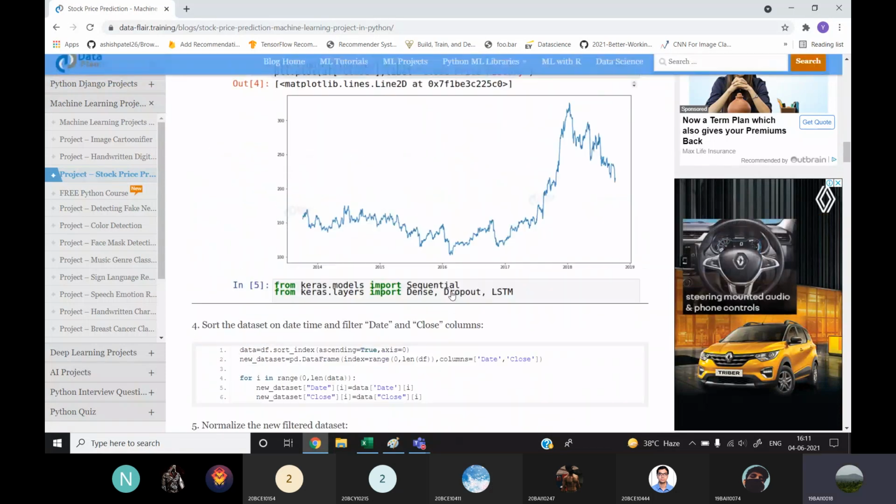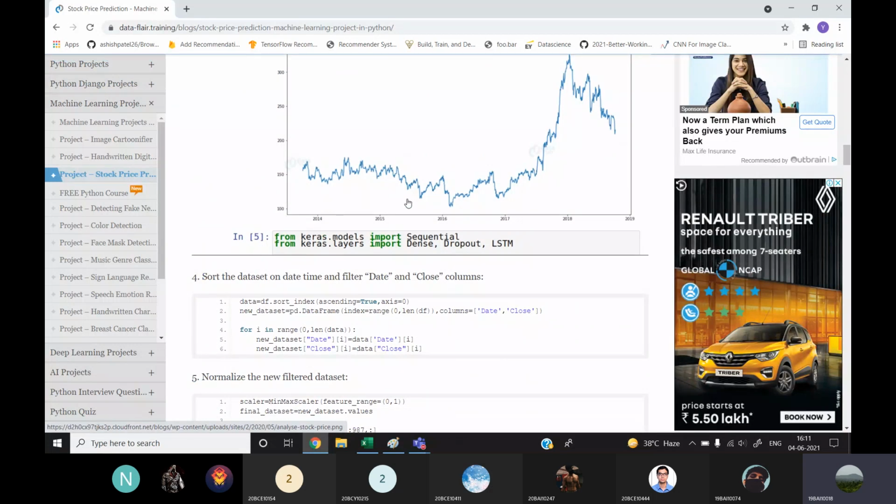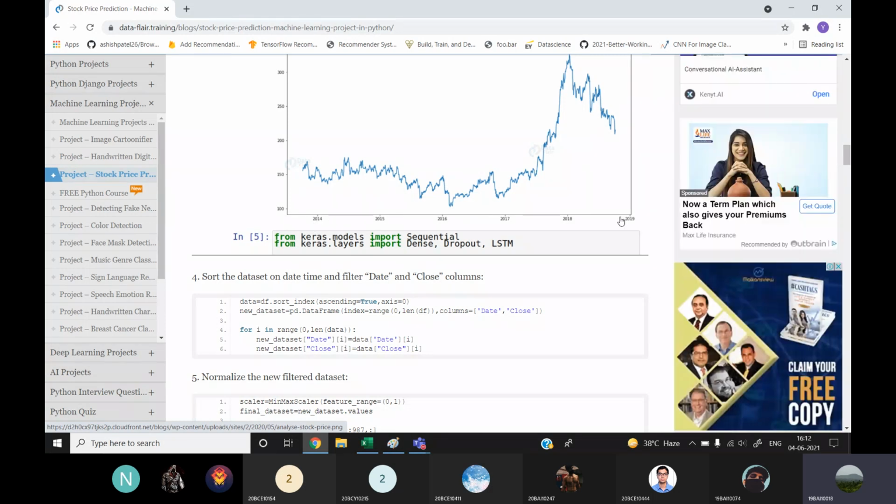First of all, for training data, we need the data to be sorted according to the date, because the data can't be such that the first row is for 2016, the next row is for 2014 and the next row is for 2018. We need to sort it from 2014 till the last date.